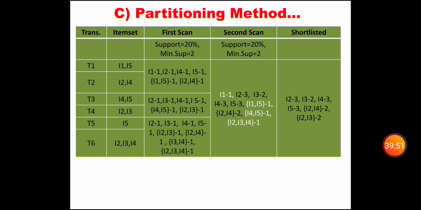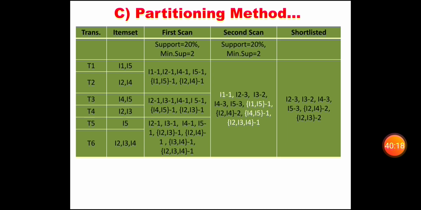So like this, by doing the partition method we can reduce the transactions. There we have two different scans, first scan and second scan, and three different partitions. So initially we have taken three different partitions, and slowly they will be merged. During the first scan we have three partitions.